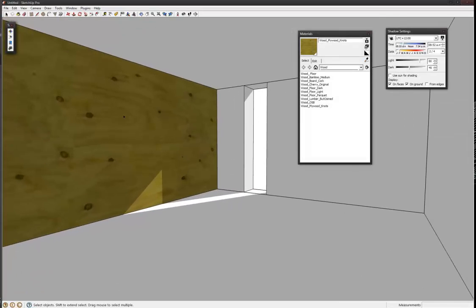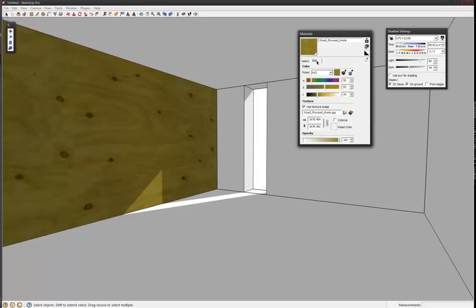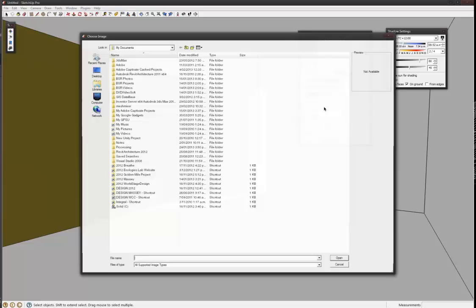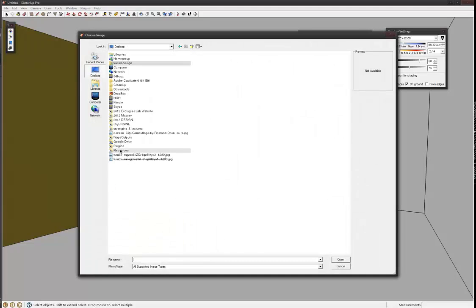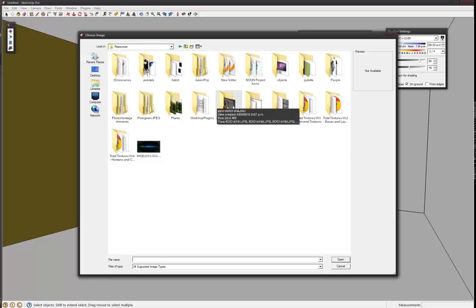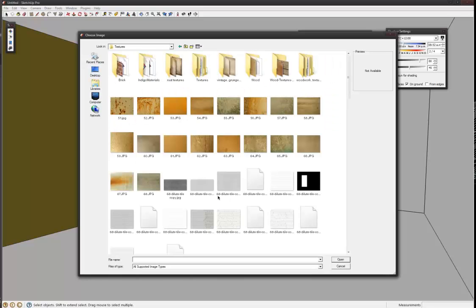So that plywood's kind of hideous. So what we'll do is we'll change it. So you can just go up and click edit, and this is on a PC version. It's probably a bit different, but you'll figure it out. And then I'll change this texture to, I'll pick something where textures,